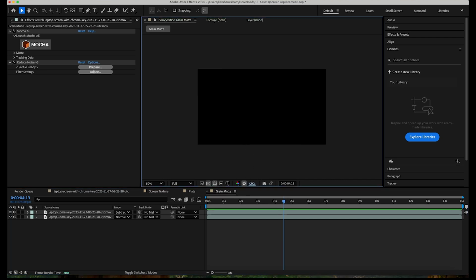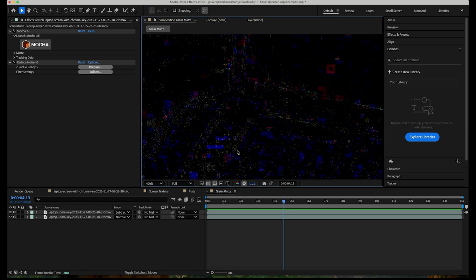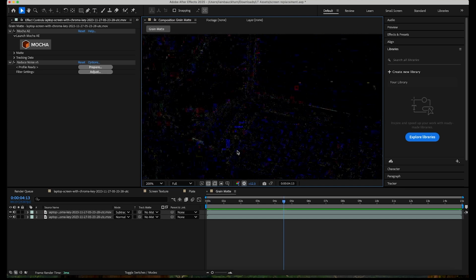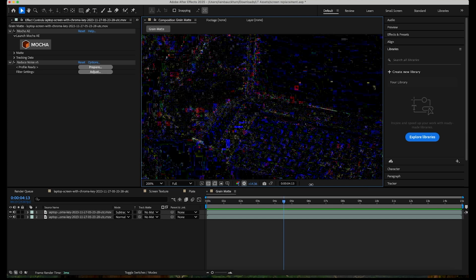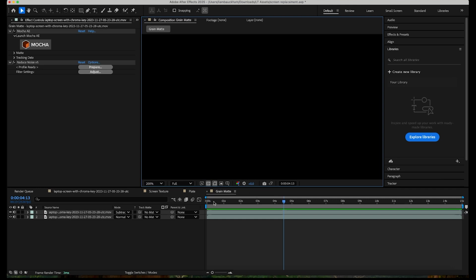So if we ramp up the brightness and zoom in, we can start to see some of the noise that we removed. And due to the compression that was used, I'm assuming this was ProRes, you can see the type of compression that's been used. If this was an ARRI camera, or you were working directly with the rushes, you'd see it more as a grain pattern rather than blocky compression artifacts. Okay, right, we can click that to go back to normal, but that proves